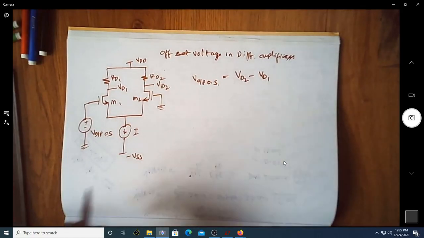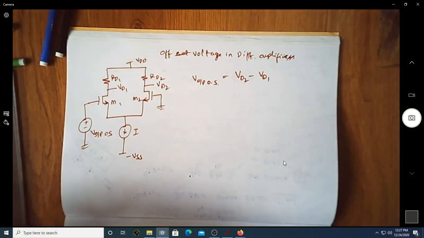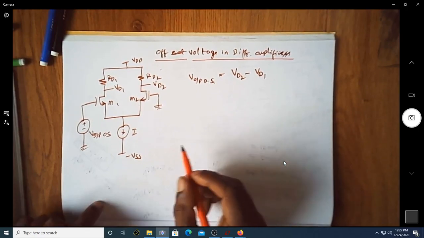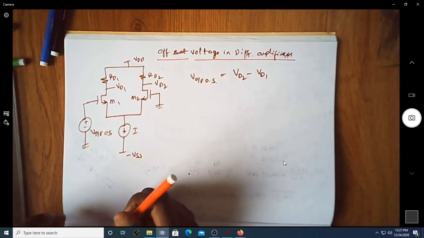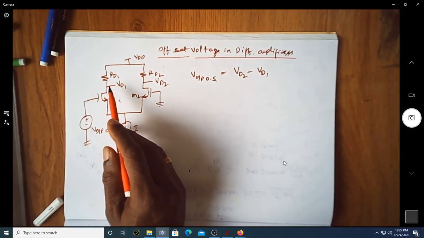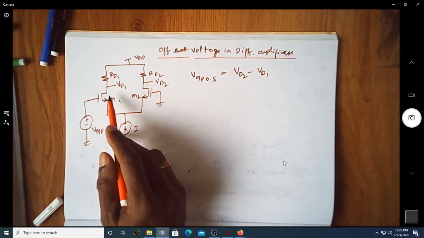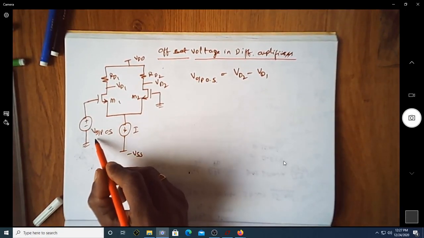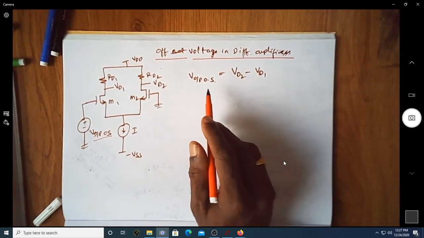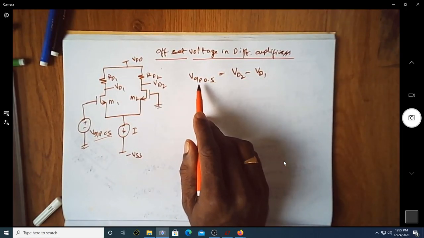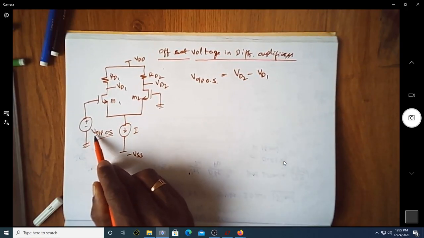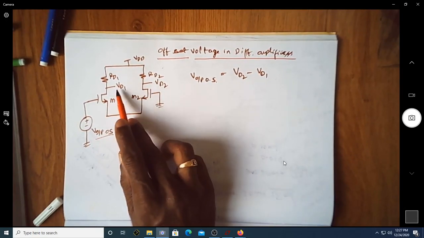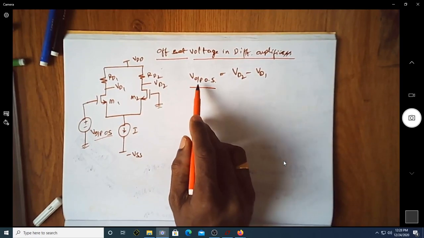Okay, in this video we'll again see how to estimate the offset voltage in case of differential amplifiers. So let us consider a differential amplifier with values of drain resistances as RD1, RD2, and of course we have two MOSFETs M1, M2, and we have a tail current I. So this is the input offset voltage that is applied. So we can certainly find out what is the output offset voltage by making this input offset voltage also 0.